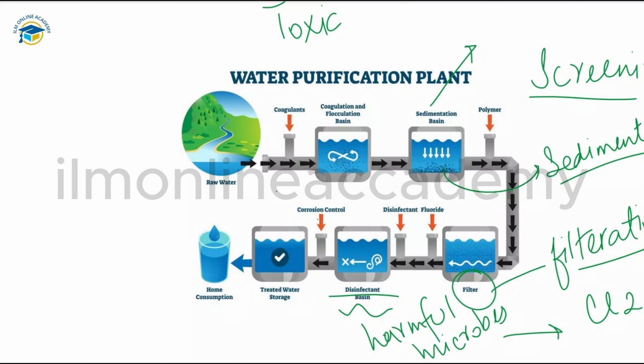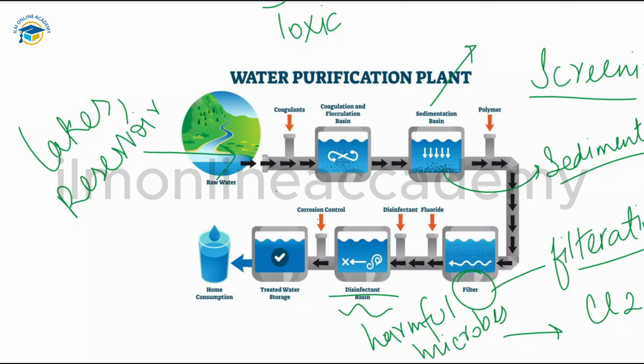Before supplying the water to households or for drinking purposes, water is passed through a water purification plant. That plant is there for purifying the water for the domestic water supply, and the water we supply to our homes undergoes several purification steps, which we discussed today, from the point it is collected to the point it is delivered. In most countries, we collect raw water from lakes, rivers, and reservoirs, and then the water is supplied to the households. So this is how the water purification is done.